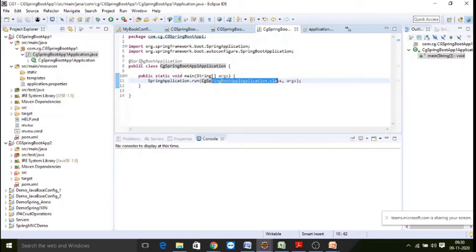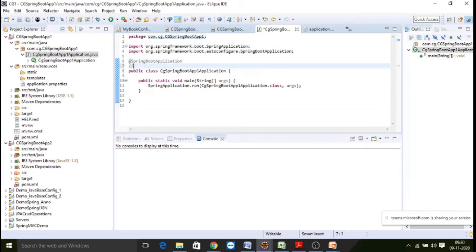Earlier, in the previous versions, the @SpringBootApplication annotation was used with 3 more annotations. That is @Configuration, @EnableAutoConfiguration, then @ComponentScan.